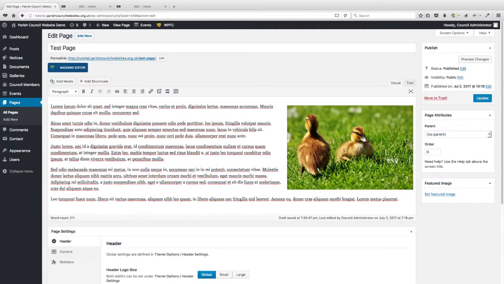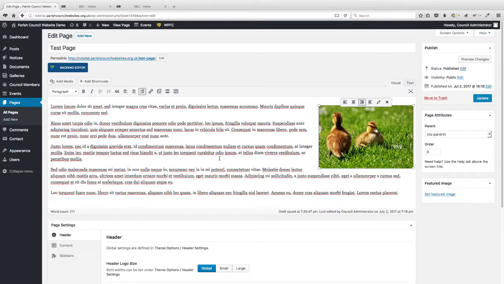So there we go, there's our image. Now you may want to resize the image because it might have appeared too big. It could have been much bigger than that. So to do that, just click on it, and with the little handles on the corner, just drag it and resize it. Then if we update that page,